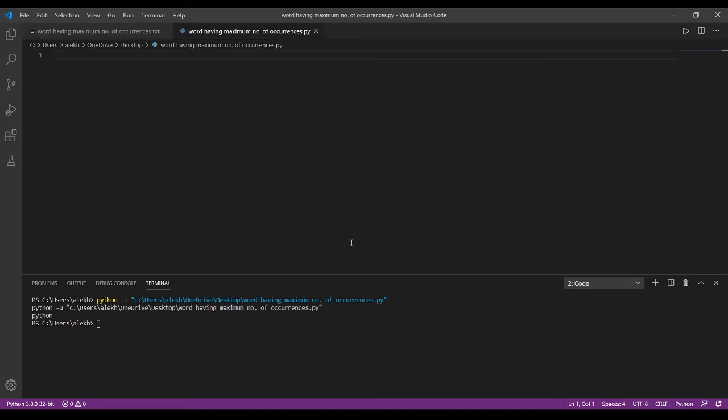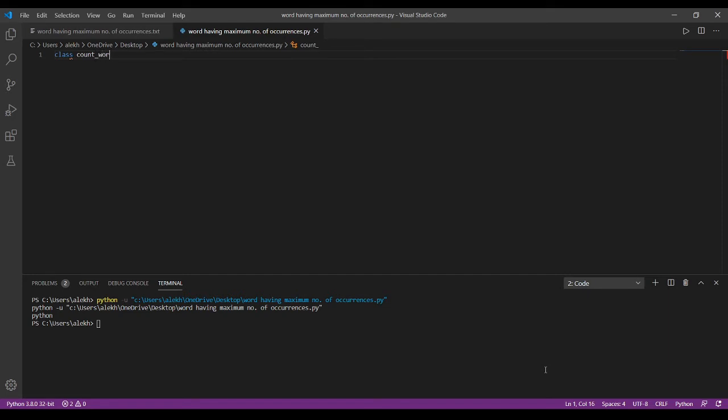Here we are creating a class which consists of two functions. One function splits the sentence into a list of words, and for the list of words, the frequency of each and every word is calculated and stored in the dictionary. Another function finds the word repeated the maximum number of times and returns that word. Now we are creating a class called